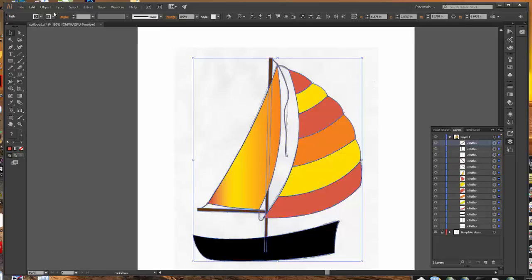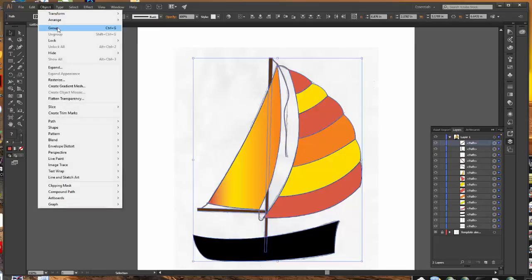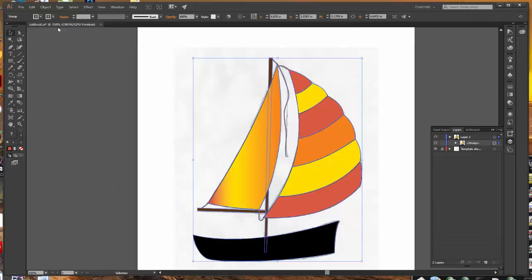And I'm going to group this. Object, group, or Control G to group that item. We now have this lovely group that we can double click and rename sailboat. I seem to have missed at some point naming this boat drawing, but we're going to take that sailboat now, and we have that selected. We're going to copy this,